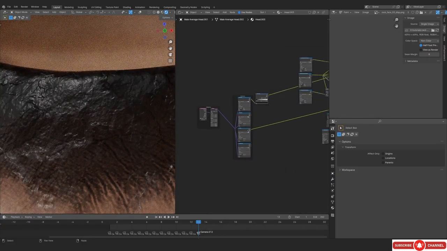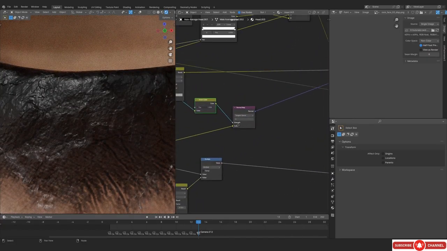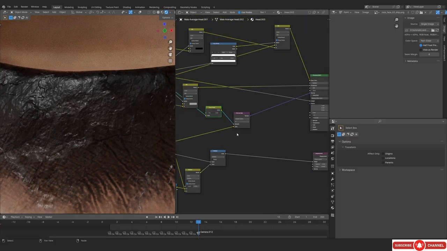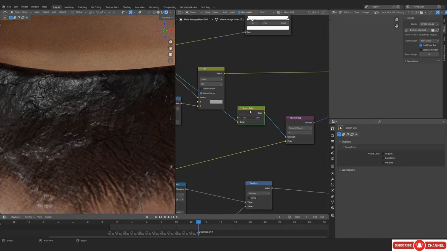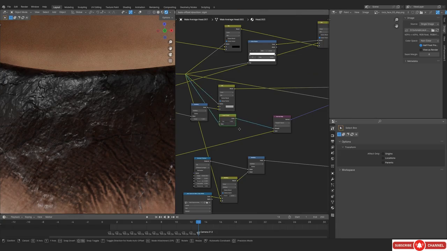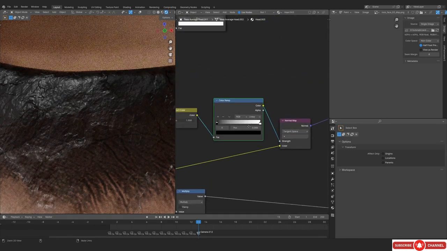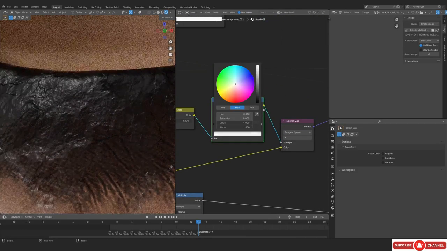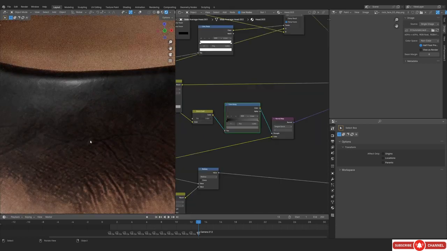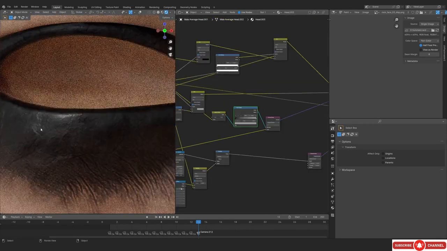So let's just decrease the size by increasing the number. Blender does work in weird ways, but you get the idea. So now we need to decrease the strength. We can do that by controlling the input of the strength. So we can just do that with the color ramp, and let's just put the white a little bit lower, and yeah, you can see that we are kind of playing around with the strength. So I think this is gonna work fine.